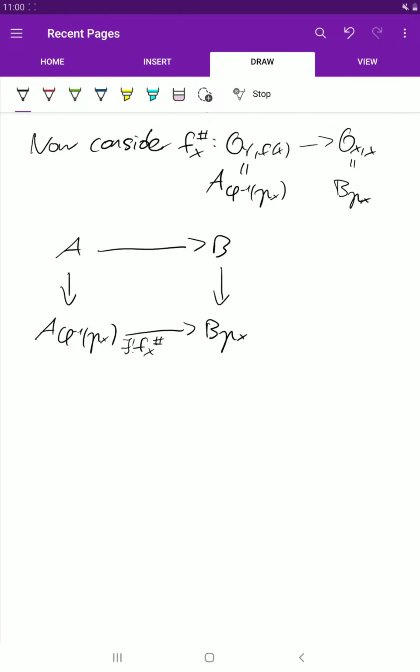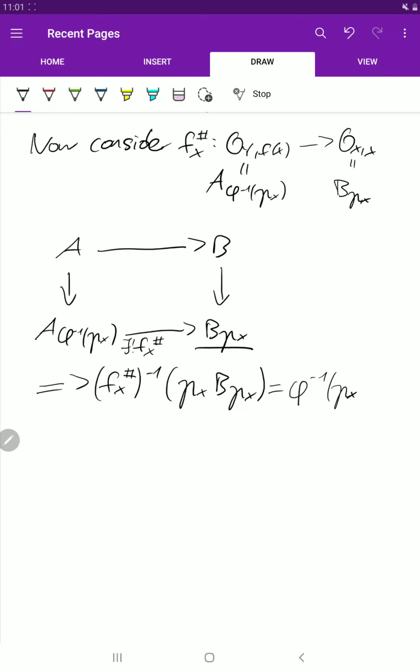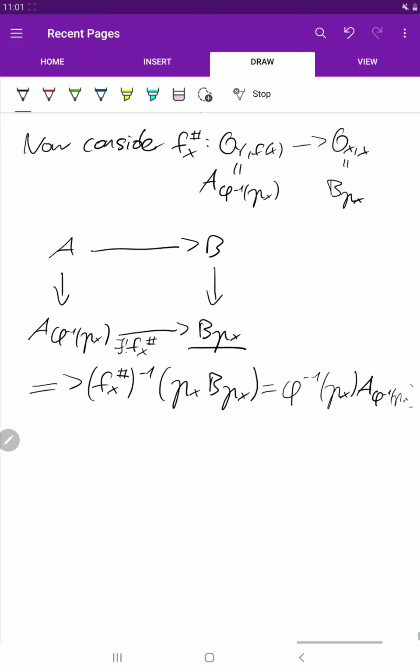So let's see how we see it. We have this diagram, and from this diagram we get that the inverse image under this homomorphism of the maximal ideal in here, so that's just p_x B_{p_x}, that's the maximal ideal in B_{p_x}, and I claim that this is just phi inverse of p_x, A localized at this prime,